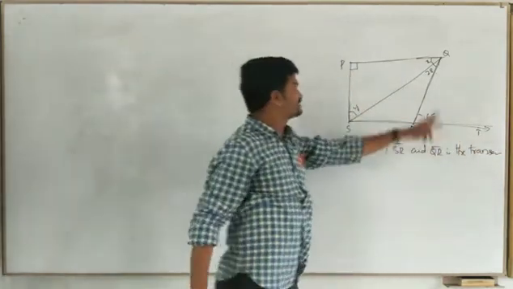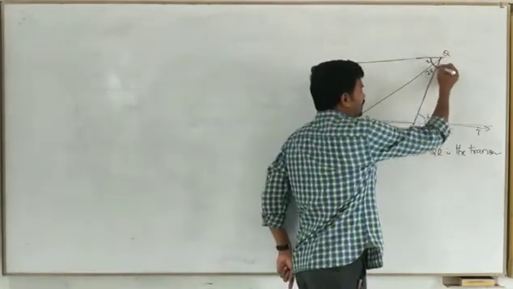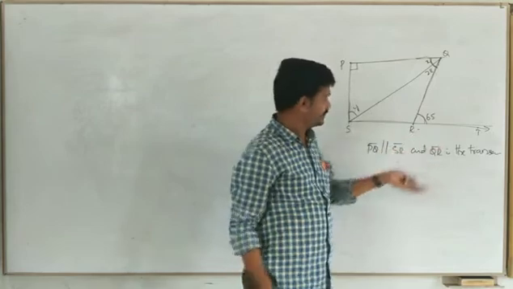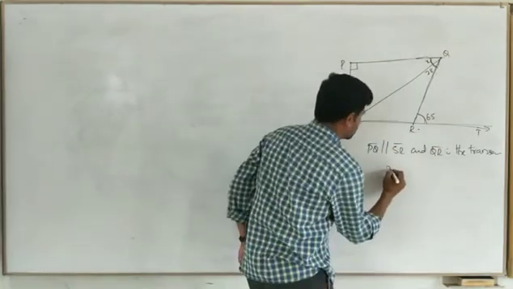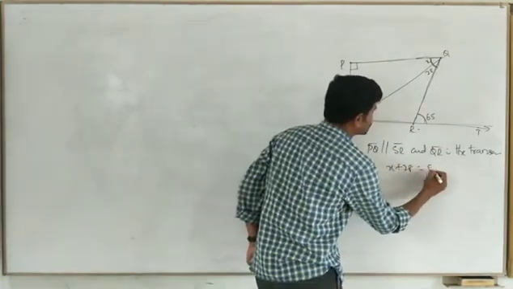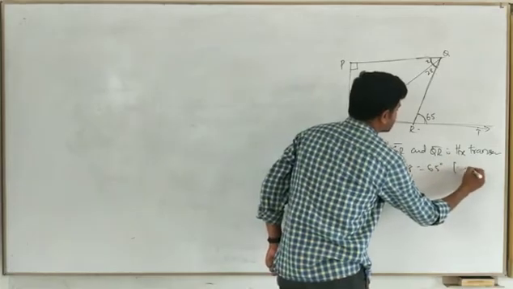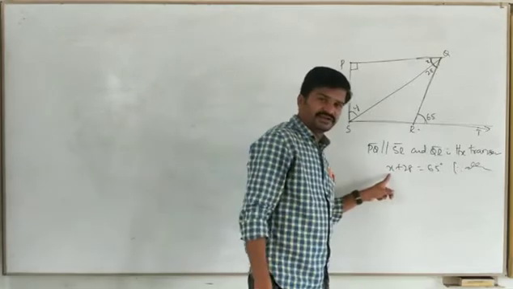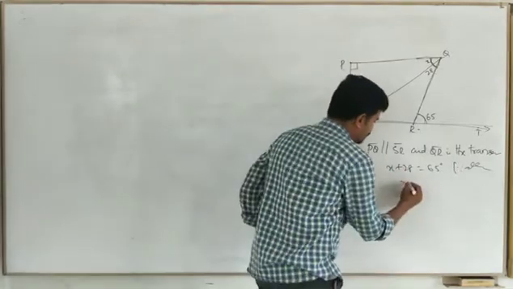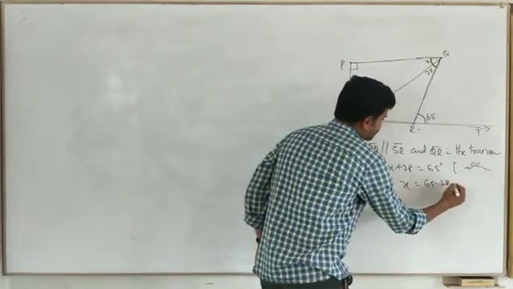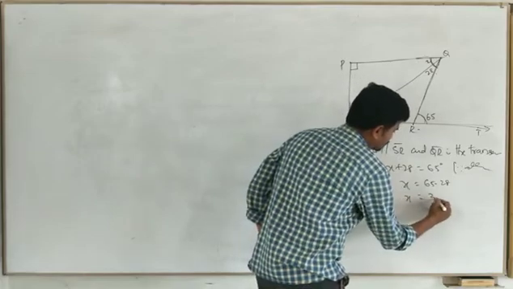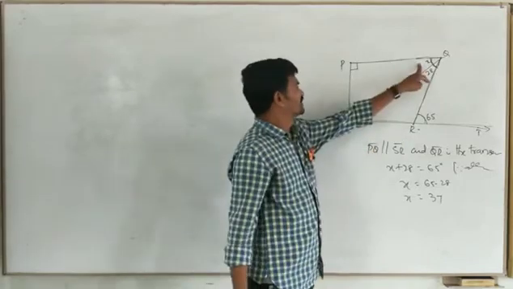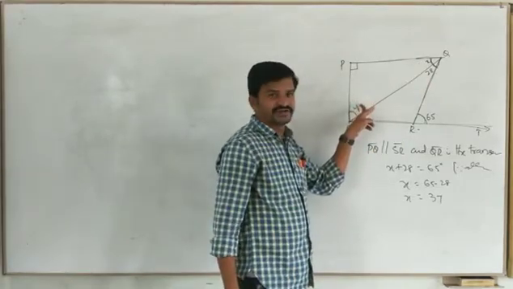When QR is a transversal, this angle equals this angle or not? Yes, sir. Alternate interior angles. Therefore, angle X plus 28 equals 65. Directly you can write it. Since alternate interior angles, then we can find the value of X or not? Then X is equal to how much? 65 minus 28. X is equal to how much? 37. 37 only, na? Yes, sir. This is 37. Then obviously we will be able to find Y or not?